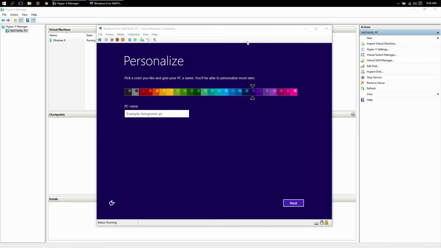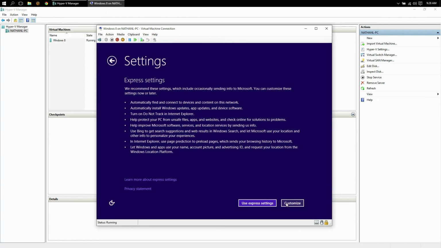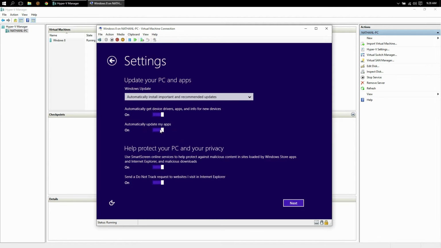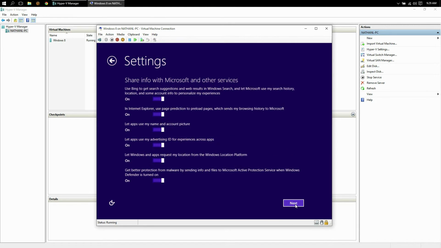Okay, so I've come to this screen now, so I'm just going to leave it how it is. I'm going to give it its name, so I'm just going to call it test. I'm going to go next. I'm going to use customize settings. And then we're going to turn off automatically update. Turn off all these. Go next. This is optional, by the way, I just like to do it. I'm going to turn that off. Turn that off. It's off, good. Go next. Next, off,